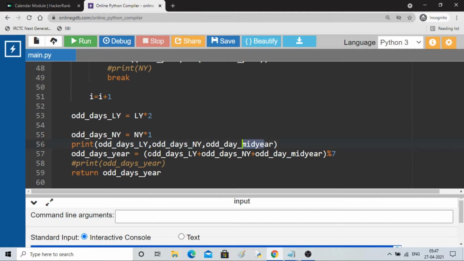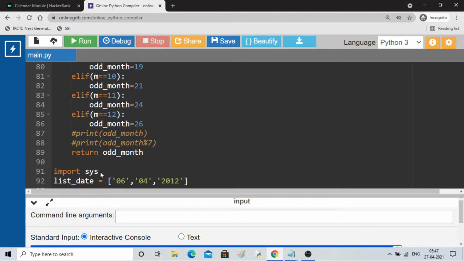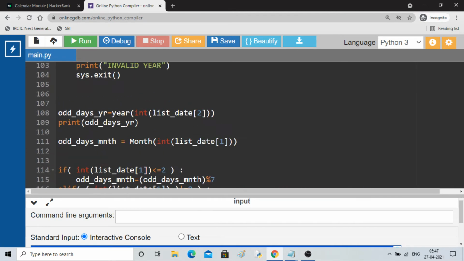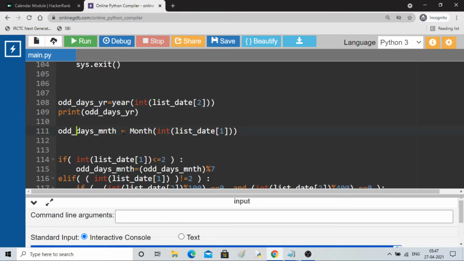Then you add all of them and take the modulo by 7, you will get the odd days year, and then you return it. When you return it, this will have your number of odd days from year, and it will print it. Then it will go to the next line.